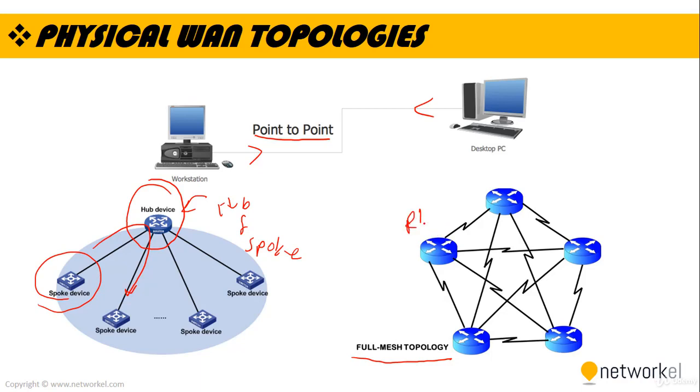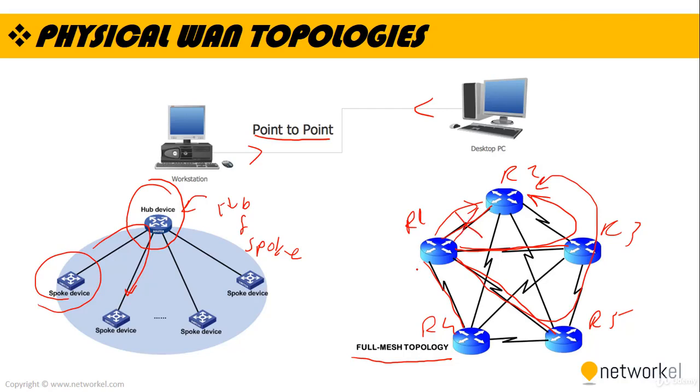As you can see here, for example, we have router 1, router 2, router 3, 4 and 5, and they are connected to each other, and that provides really big reliability in this network. There's really big redundancy. For example, if router 1 wants to communicate with router 2, this path can be used, this path can be used, or this path can be used. We have various ways, as you can see. So that means no matter if this link fails, the traffic will go through from here,